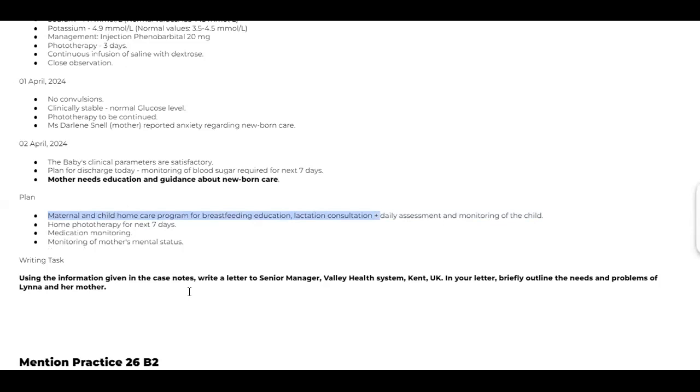I think this line can be the best line, because it includes everything. And home phototherapy needs to continue for 7 more days. Yeah, there are so many things in the plan area here. Purpose, monitoring of mother's mental status. So many things are here. So are you going to write all of them here? In such a case, you have to write the purpose will be something like requires continued